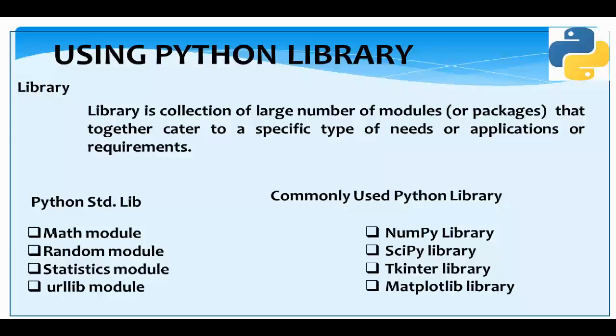These modules provide functions for various tasks, and the functions are categorized in these modules. Besides this, we have some other commonly used Python libraries, for example the NumPy library, which provides some advanced mathematical functionalities along with tools to create and manipulate numeric arrays. The SciPy library is another useful library available in Python that offers algorithmic and mathematical